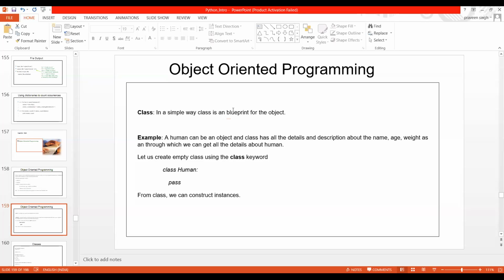What do you mean by blueprint? Are you getting what that means? What do you understand by blueprint?